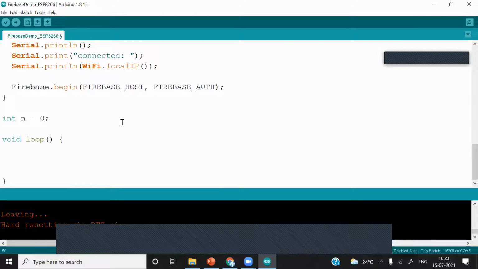For example, anything, a number or string. We will put one string first.